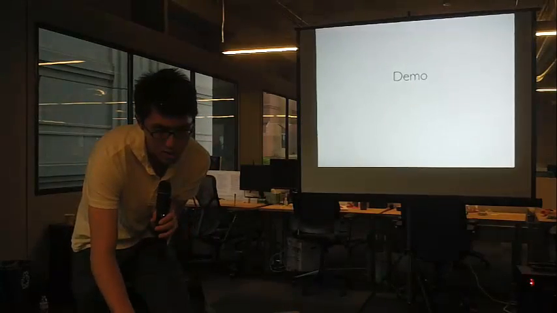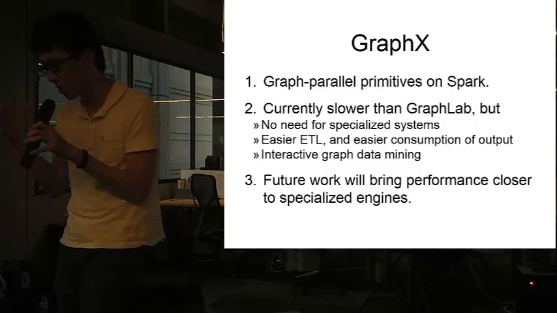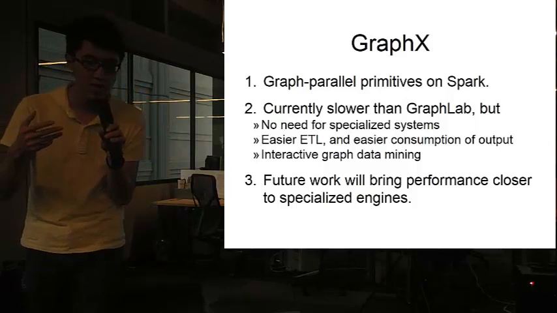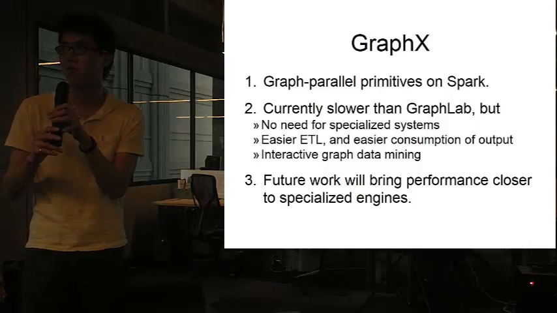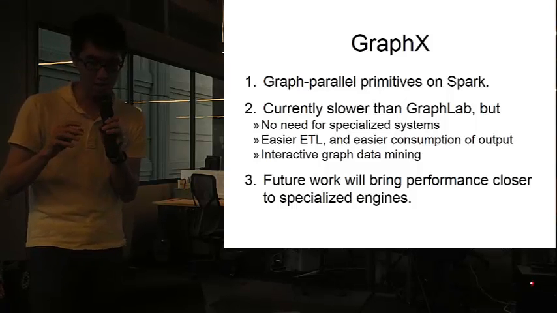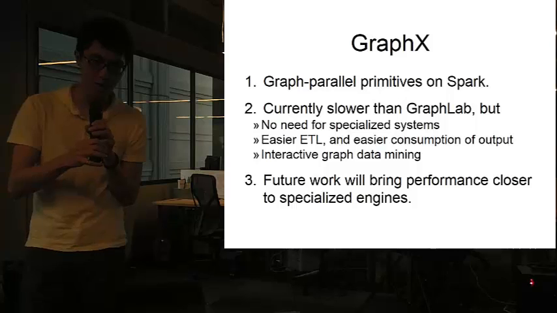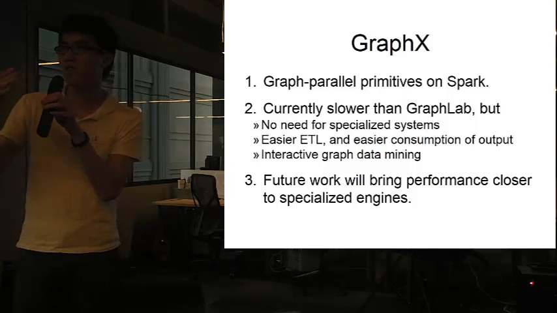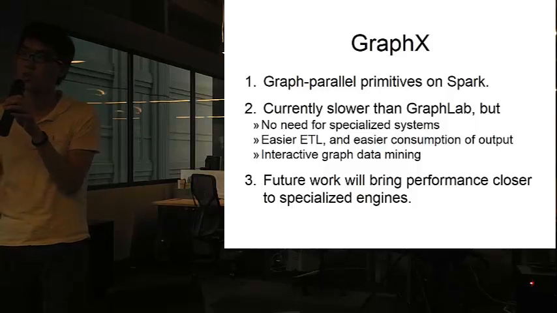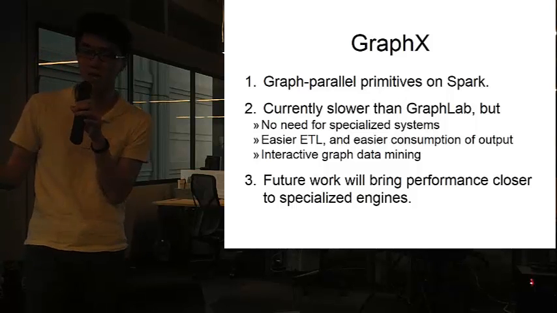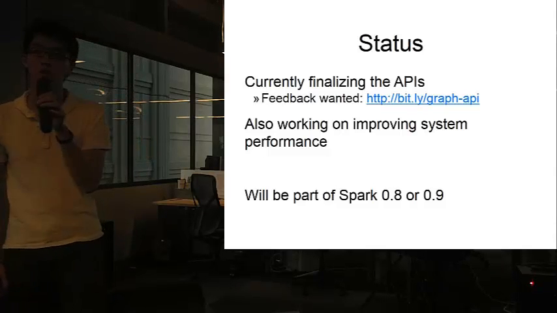So back to the presentation. GraphX essentially exposes a list of graph parallel primitives on top of Spark. Right now the performance is actually not as good as we would like yet. We're working on improving the performance. But the real key, I'll get to Q&A in a minute. The real killer app here, I think, is you don't need to have different systems for different parts of the graph processing pipeline. You can do the whole thing in a single one, and it enables joining the data as graph data with normal tabular relational data. And we are finalizing the APIs, so you could actually find the current API by following this link,